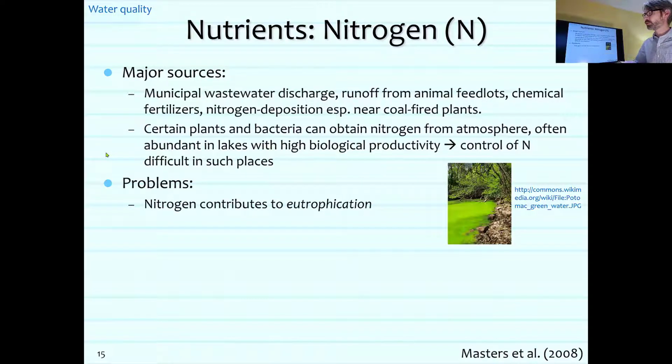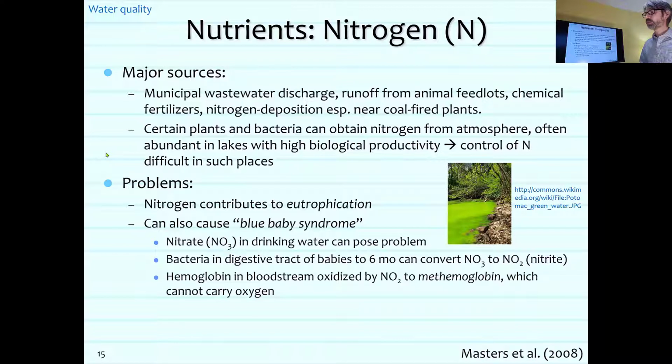The key problem with nitrogen is that it contributes to eutrophication. We don't really want our surface water to be this color. It can also cause human health problems for babies in the form of blue baby syndrome. This is where nitrate in the drinking water can pose a problem, and what it does is it allows bacteria in the digestive tract of babies up to the age of 6 months to convert nitrate to nitrite. The hemoglobin in their bloodstream then is oxidized by nitrite to methemoglobin, which can't carry oxygen, and so they become